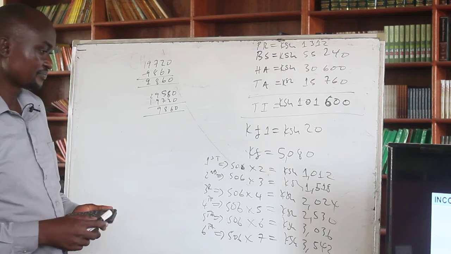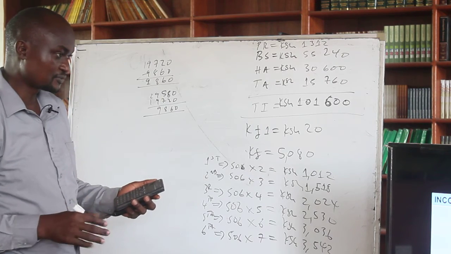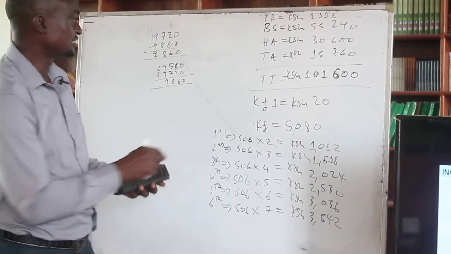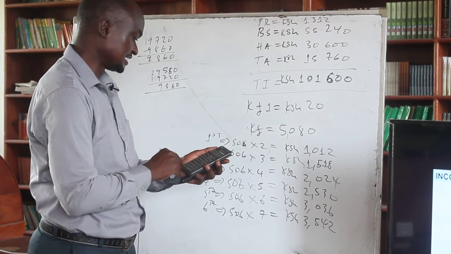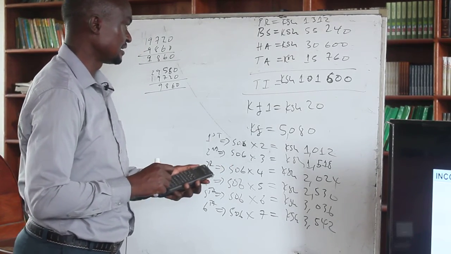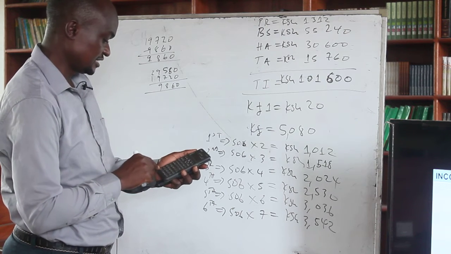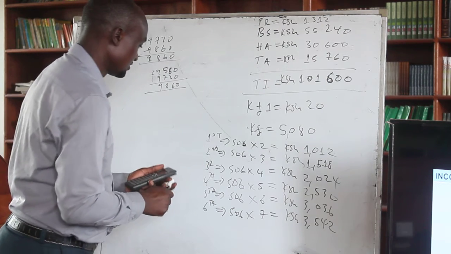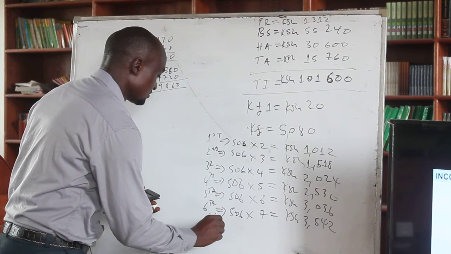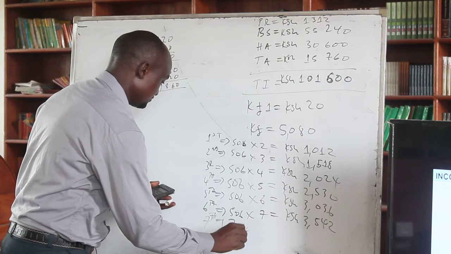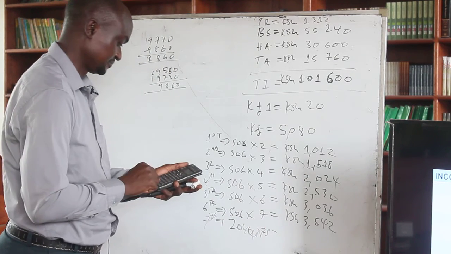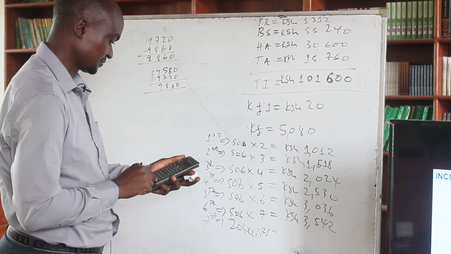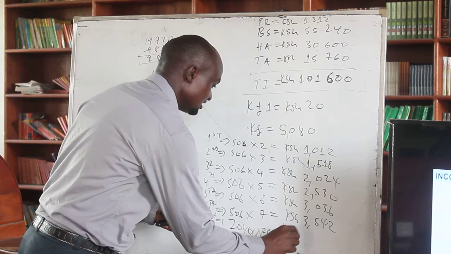Then eventually we go to the last one. The last one will be, we know that she's supposed to be earning 5080 less the 3036. This should be 2044 multiplied by 7.5. That's Kenyan shillings